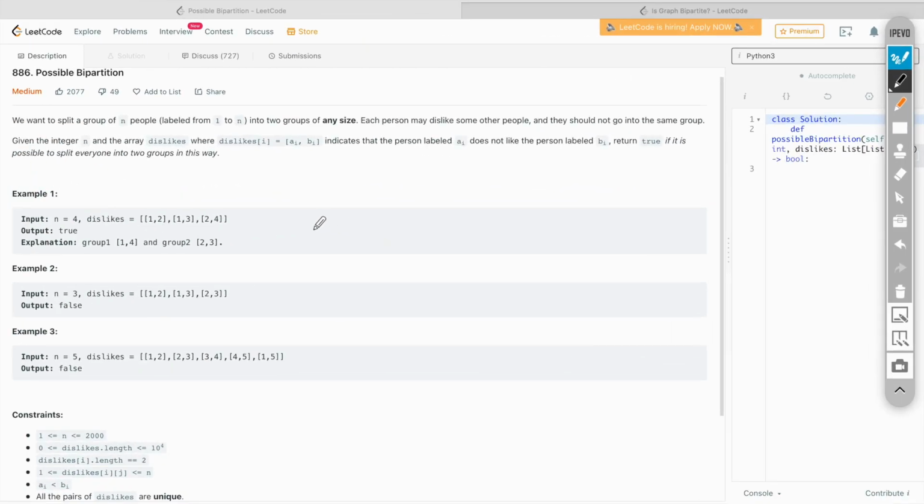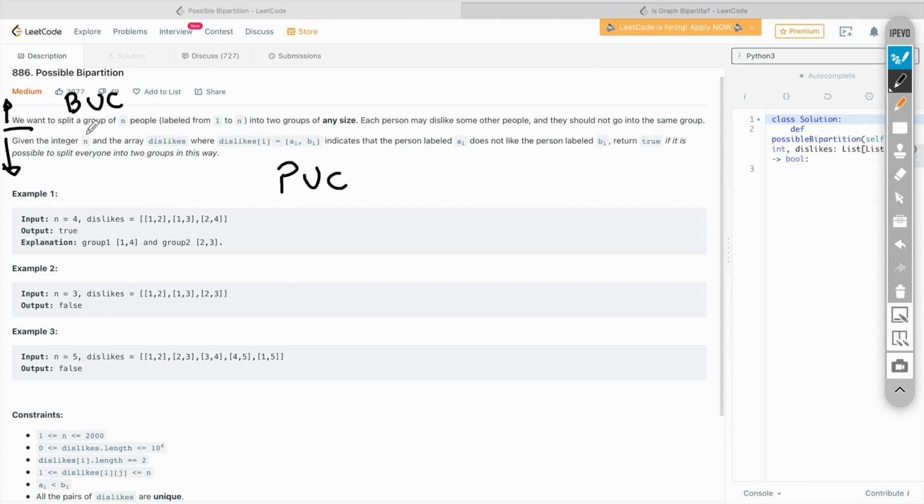Let's look at the possible bipartition problem in full. Previously, we have been focused on this upper part that we denoted as business use case. This lower part is what we mentioned to be a product use case. Now, the product use case is talking in terms of specific features of a product and how those features are covering the business use case.